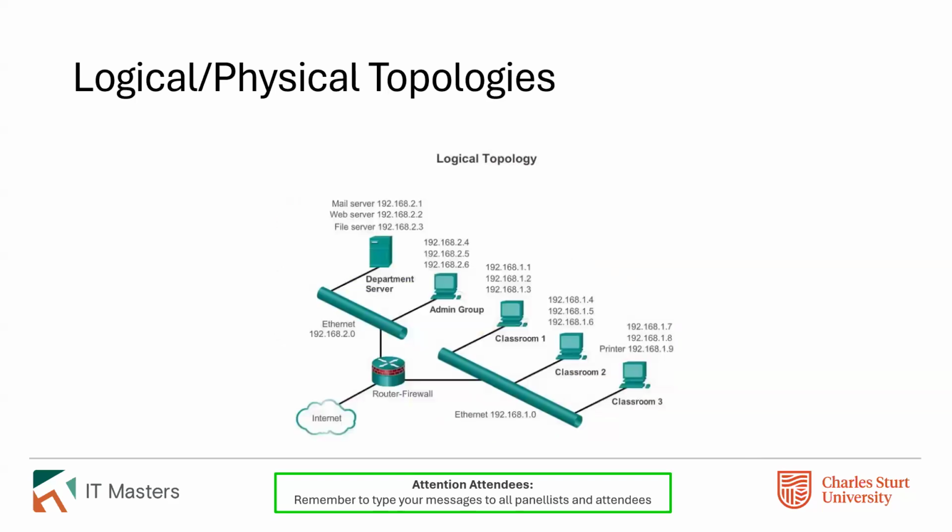That then separates us out into the logical topology world, where essentially it doesn't look anything like the physical topology, but in a lot of ways it presents a lot more useful information about how the network actually works. So in this case, the logical topology shows we've still got a router. On the previous slide, that was shown as being in a room and connected to a couple of switches.